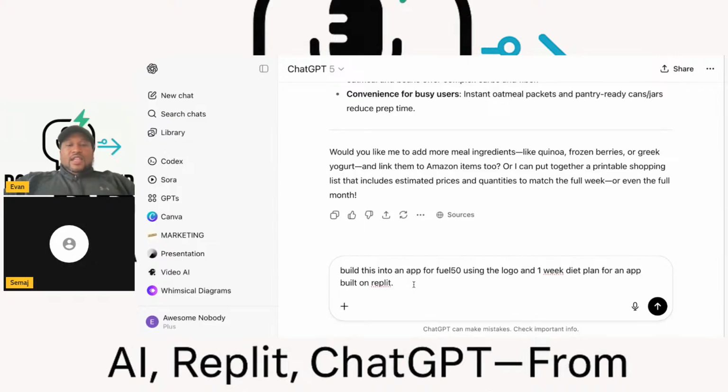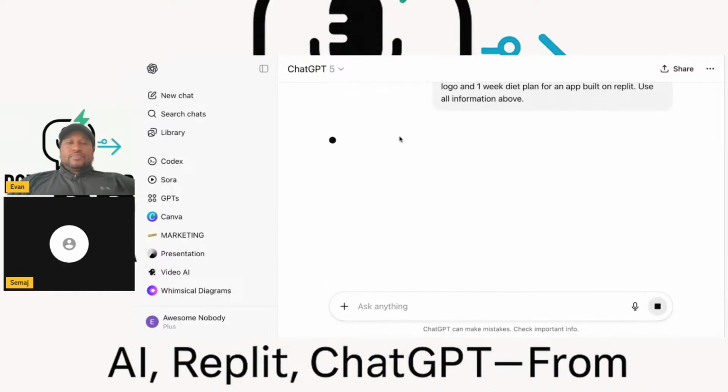There we go. So build code, and then you also have to put the code in there. So: build code to turn this into an app for Fuel 50 using the logo and 1 week diet plan for an app built on Replit. Use the information above for the front end, technically. Let's see what comes up.